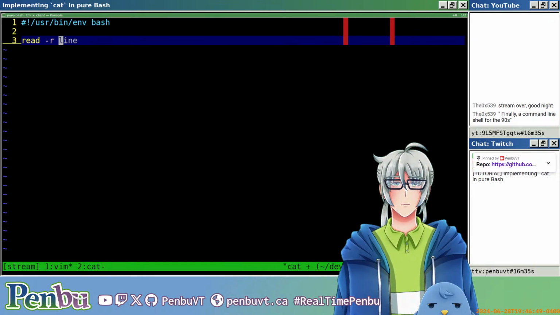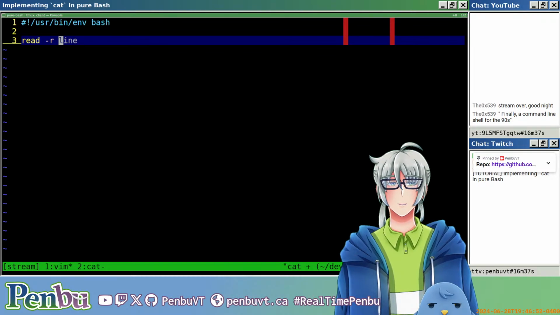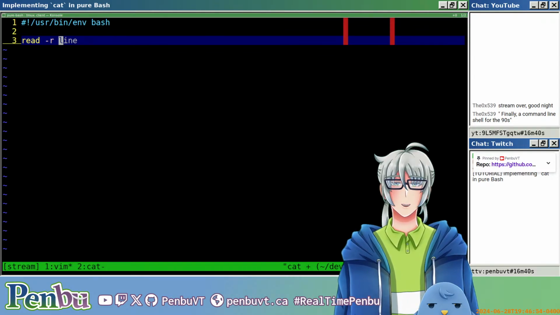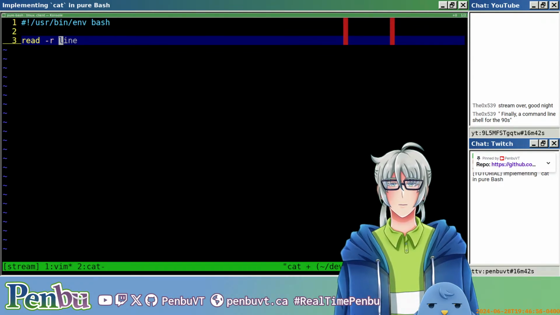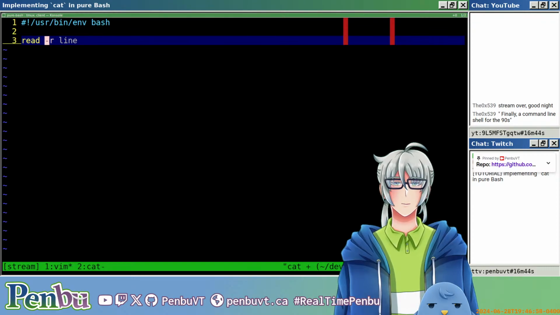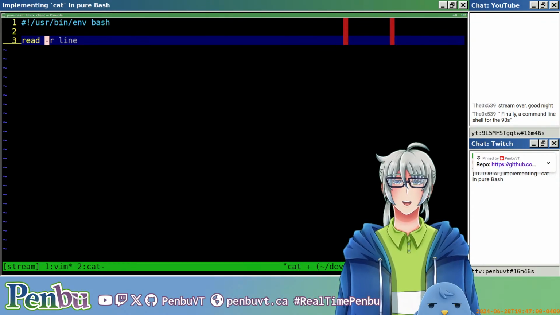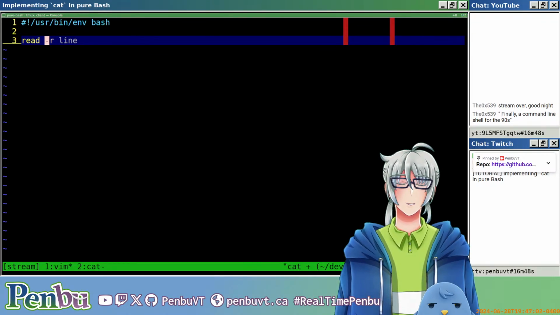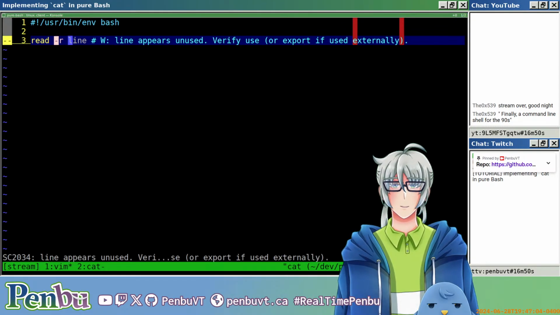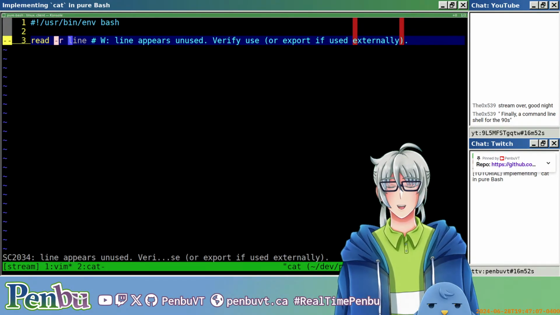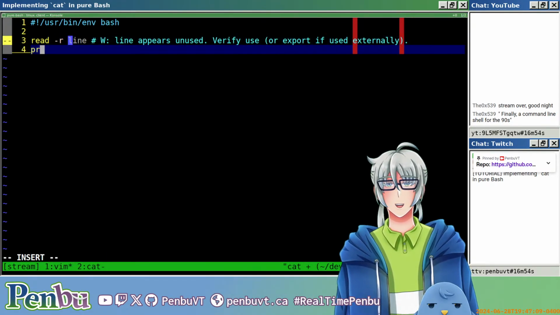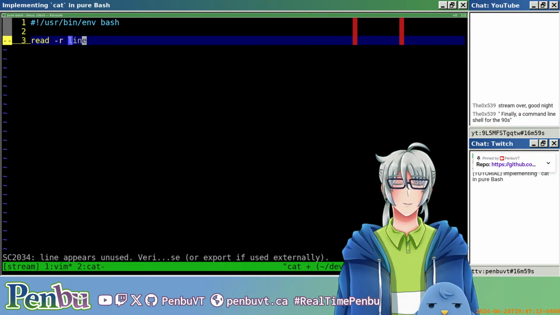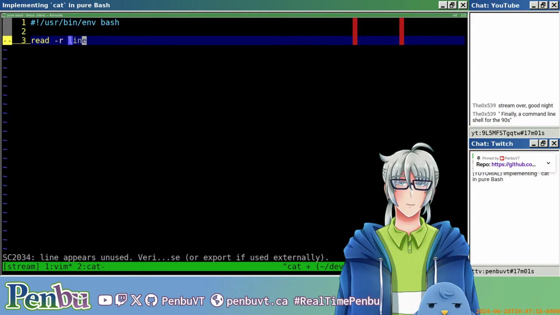The line here is going to be our variable that we want to put it in, and -r here just says don't interpret any backslash escapes. So this we expect to read one line from standard input,